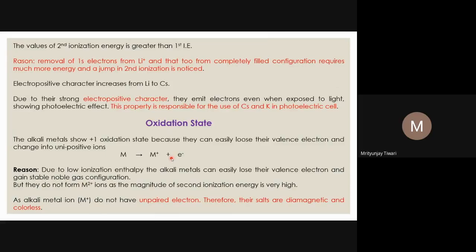If there is no acceptor, it cannot remove its electron, because we know the ionic forms are not stable unless we provide some stability from something else. Like NaCl, the salt, it is electrically neutral. When we put it into the water, because of the hydration energy it gets from the water molecules, that's why it gets ionized. Otherwise it is always electrically neutral, so the ions will not be separated.